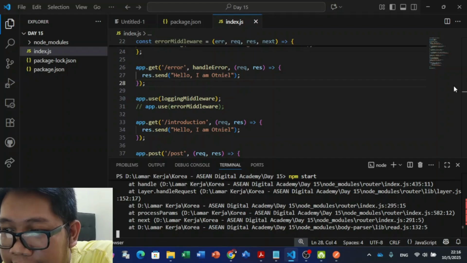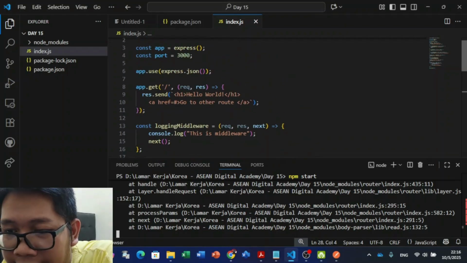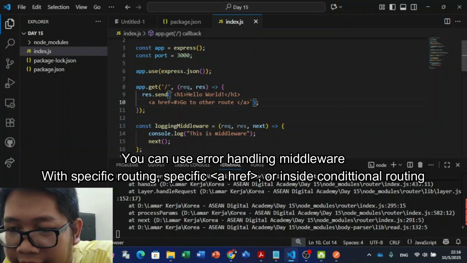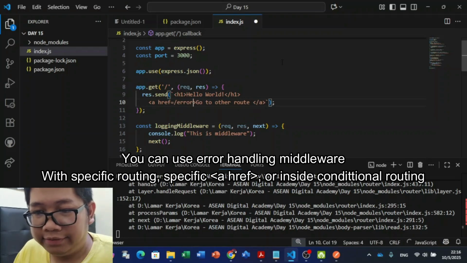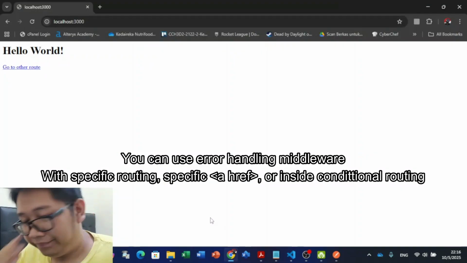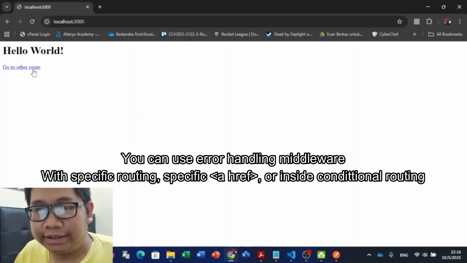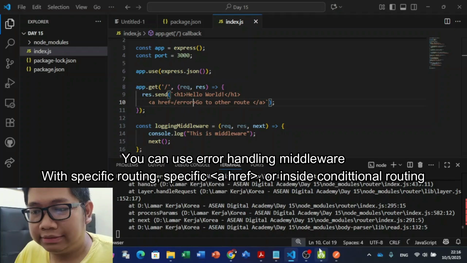We can also access this like this, and extract it to something like error. So we can do something like routing tag A, and we get to the error part.